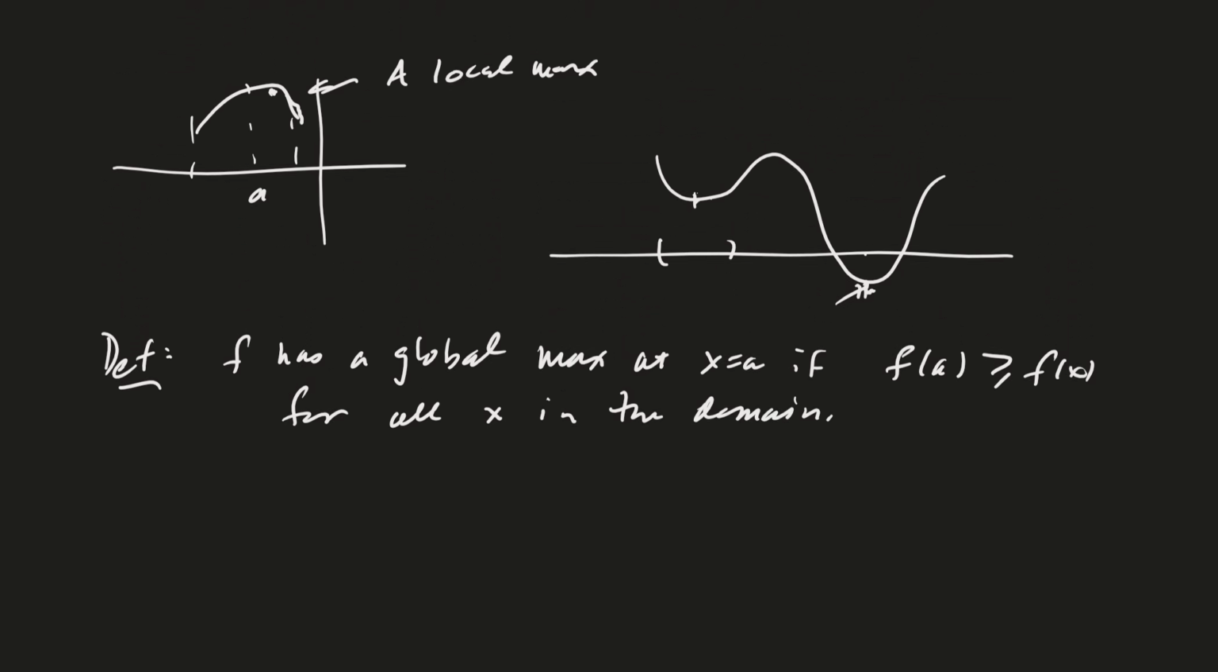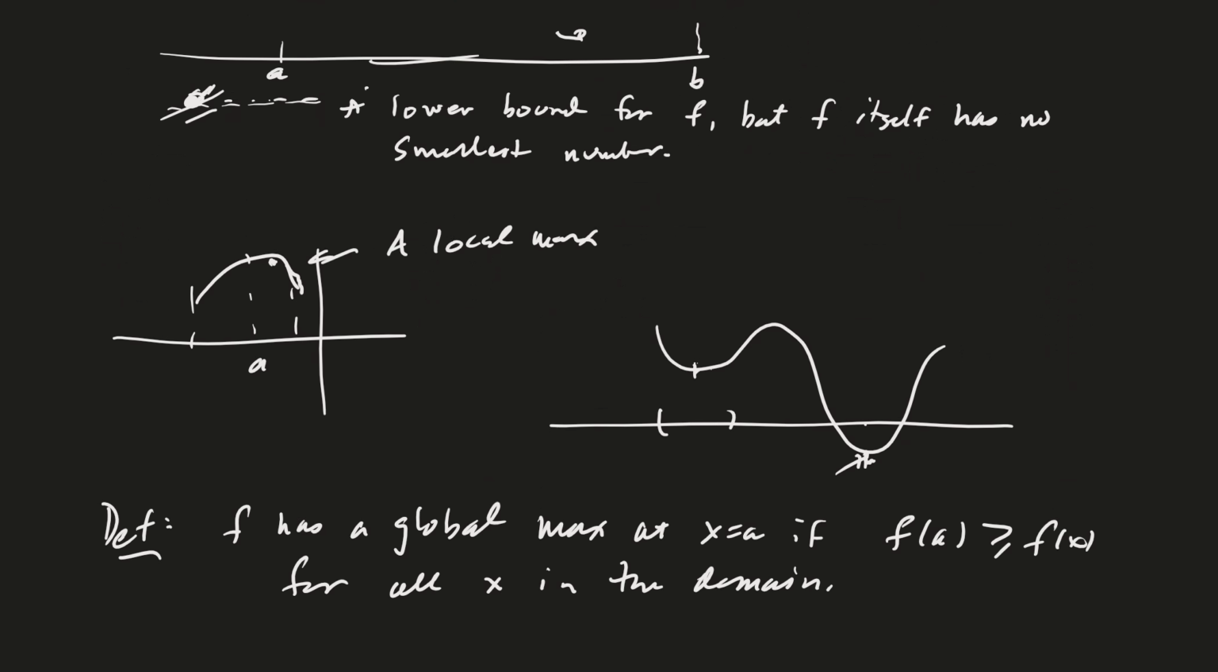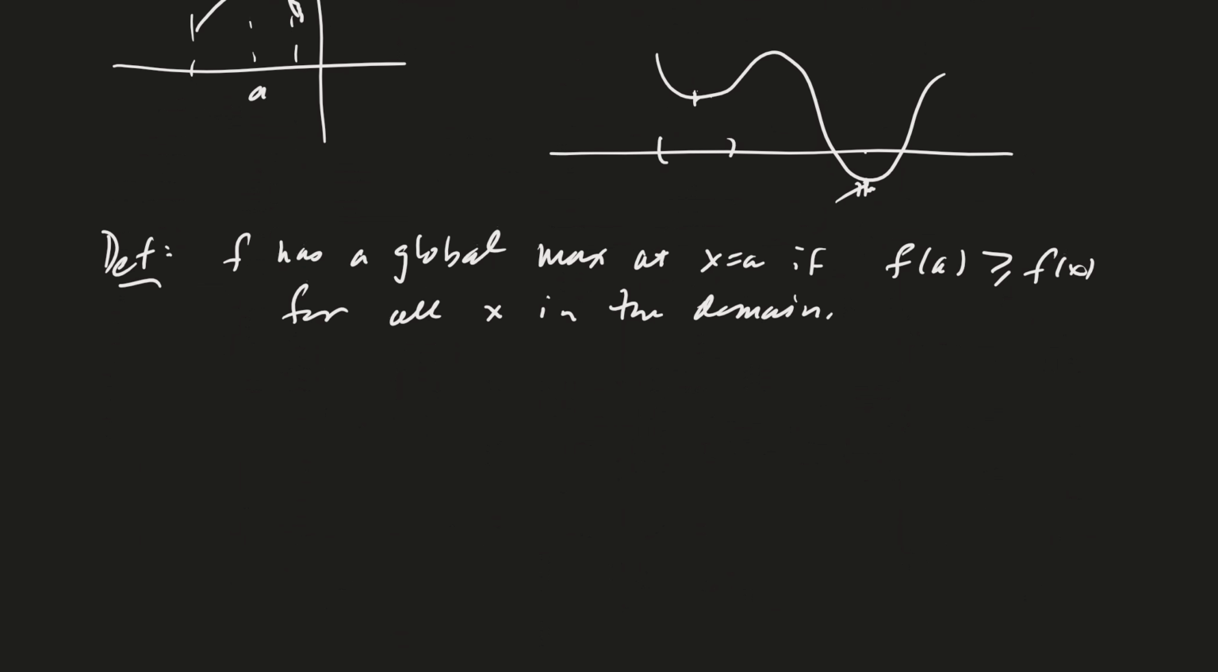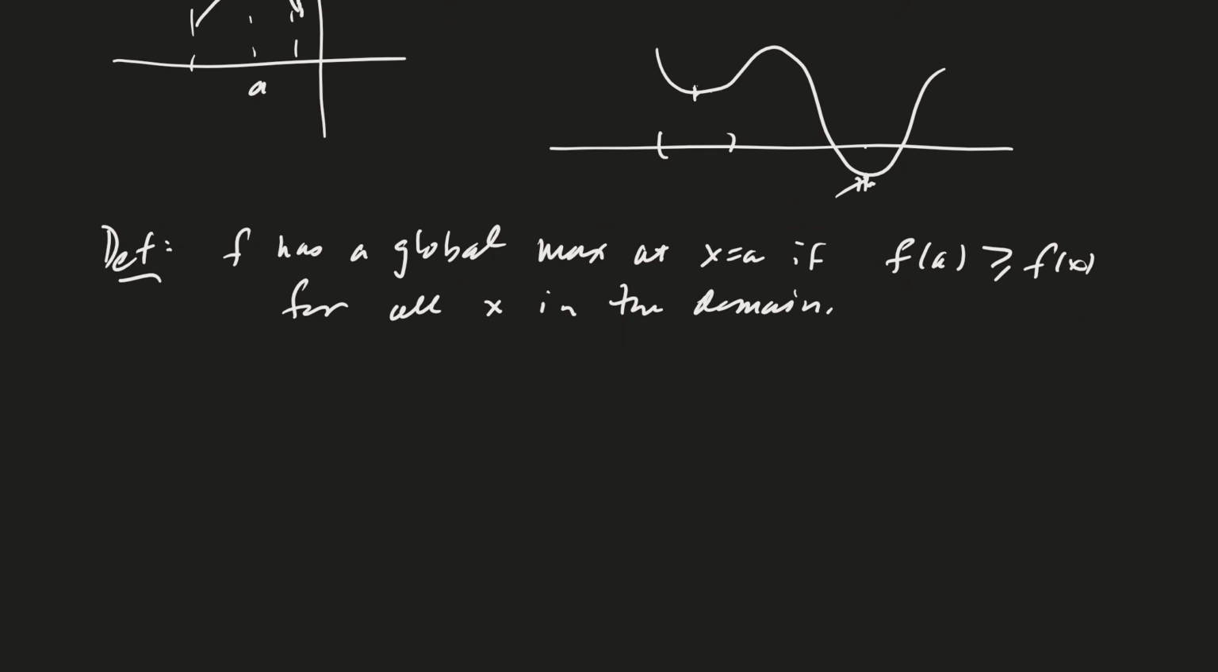And here's the point from the previous example. Oh, I erased it. When this function came down like this and then it was open here, do you see why we didn't have a minimum? Because the minimum has to be f of a, right? It has to be a point of the domain, or a point of the range. A has to be in the domain. Good. Okay. So similarly then, f has a global min